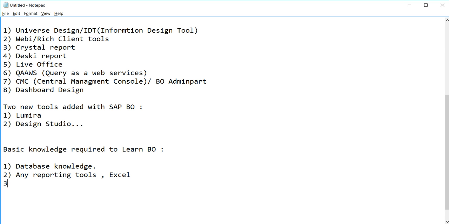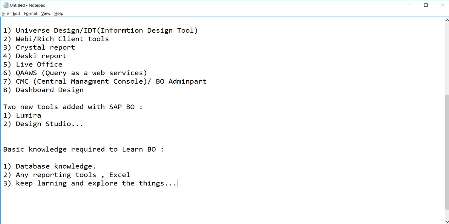And the third one, that point depends on you: keep learning and explore the new things. Whatever I discuss here, you just design your own scenario in your mind.